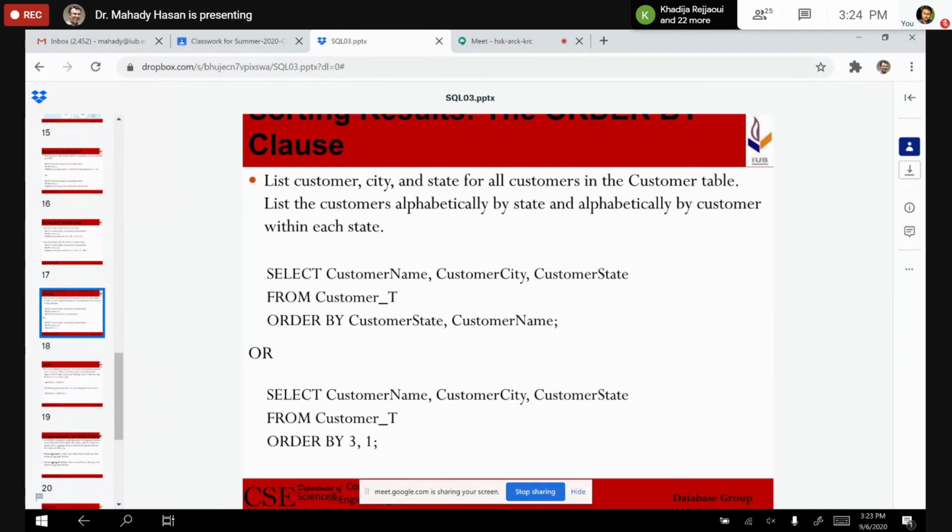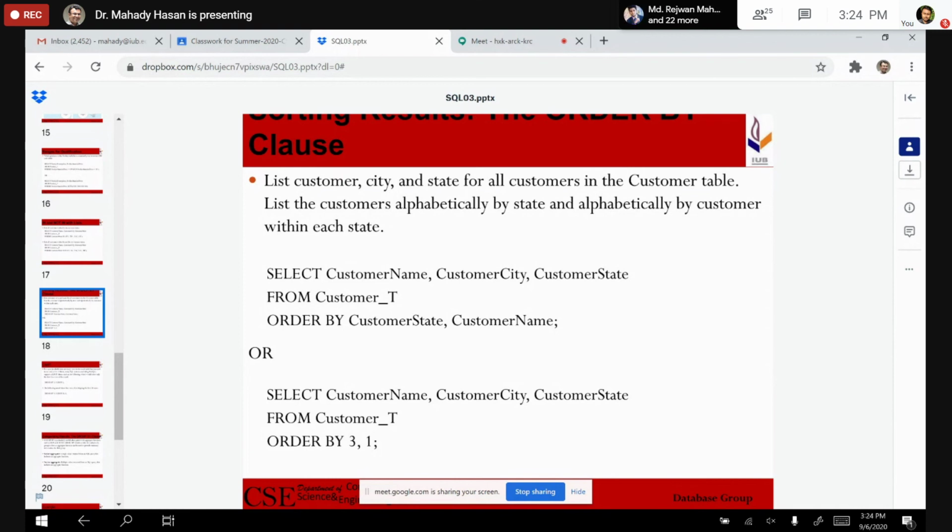Okay. Now we have something which we haven't talked about. This is basically order by. For order by, the question mentions: list customer name, city, and state for all customers in the customer table.